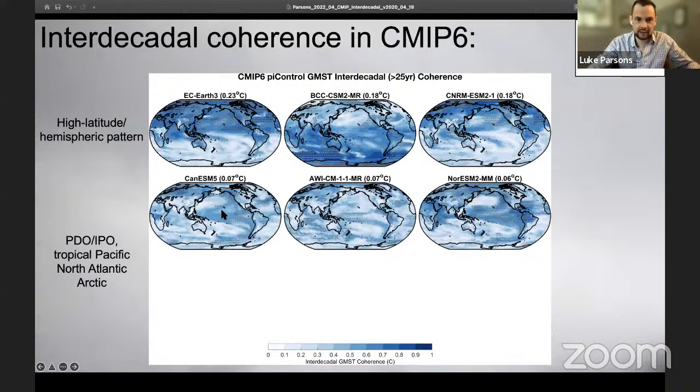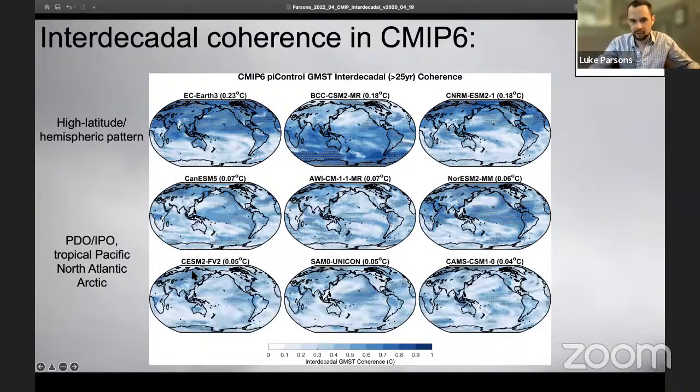If we look at, let's say, the Canadian Earth System Model, or the Alfred Wegener Institute model, or the Norwegian climate model, it tends to be more of a PDO, which stands for Pacific Decadal Oscillation, or Interdecadal Pacific Oscillation pattern, kind of this Eastern Pacific pattern. Maybe there's some North Atlantic that pops out here, maybe a little bit of Arctic, where we have stippling as well. Same with some of our least variable climate models. It tends to be a PDO or IPO pattern with some Arctic in there, or North Atlantic.